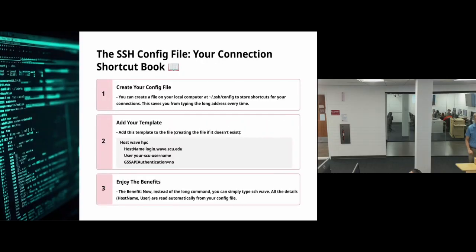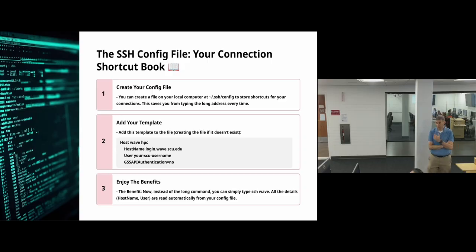Okay, so here's that secret sauce that I was telling you about earlier. So if you don't want to have to type your username at login.wave.scu.edu every single time, I highly suggest you set this up.